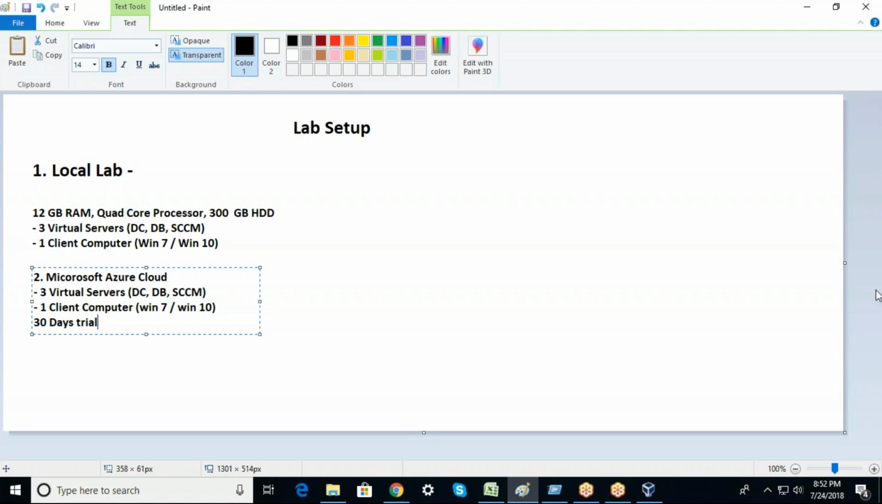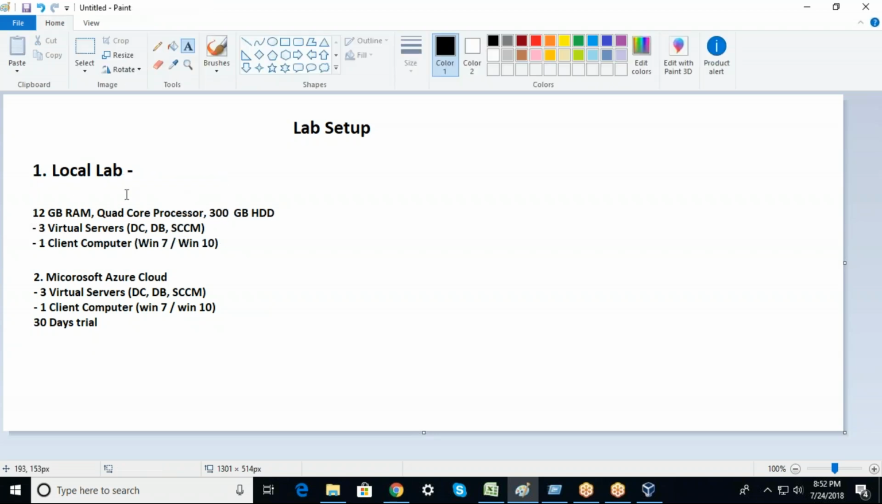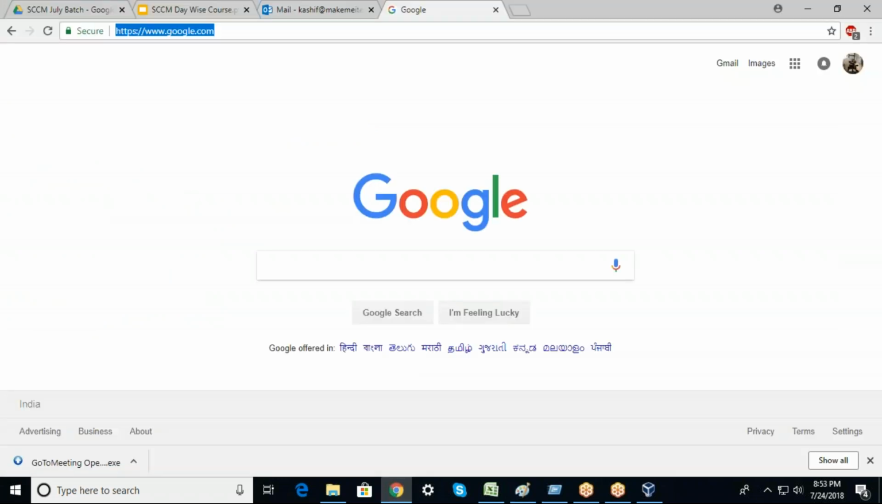Did anyone work on Azure or create a server? No. Anyone? I worked on VMware. Okay. So you need to subscribe with Microsoft Azure, and Azure will give you a 30 days trial. If anyone does not have this kind of local lab setup, suppose the computer is not capable enough to handle the load of the servers, what you can do is go on